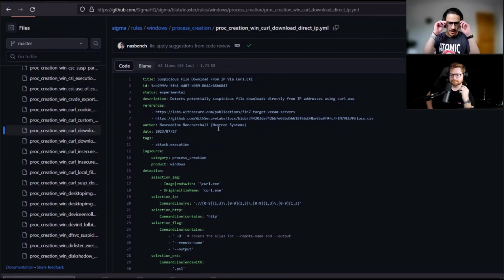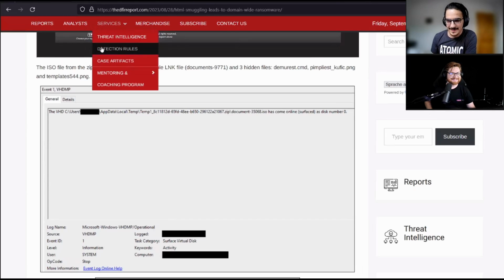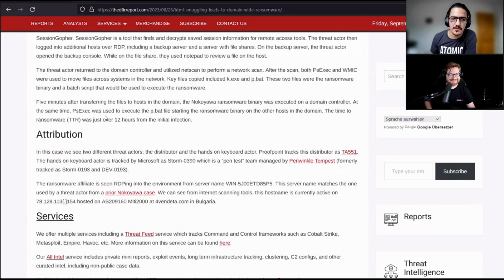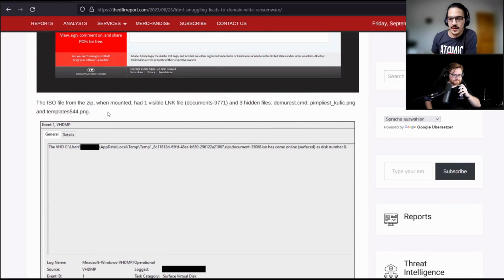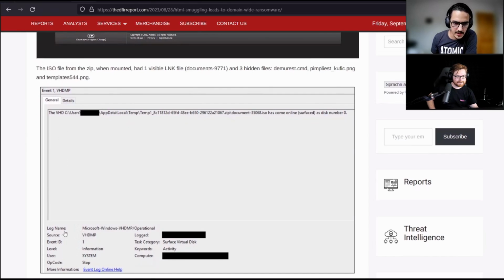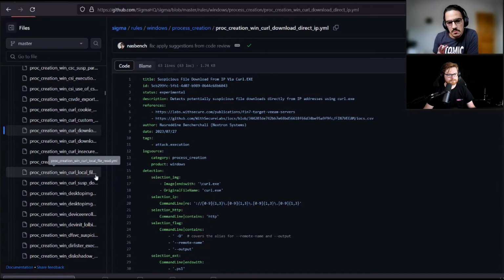Yeah. So the rule that we built is quite literally trivial, but in a real life situation, you might do a little bit more research. You might want to use something like the DFIR report. This is an interesting report. You might be cruising around it and say, hey, these are some cool findings, and then, wait a second, this is actually a log. What is this log? This is Microsoft Windows VHDMP operational. That's interesting. Then you might want to search around it and build a rule around it. So a bit more complex.